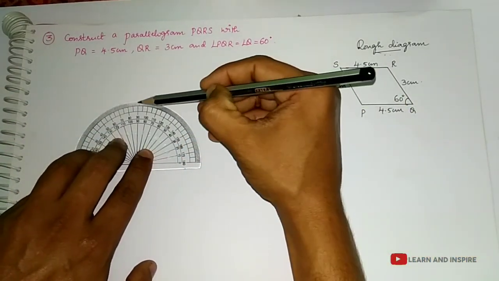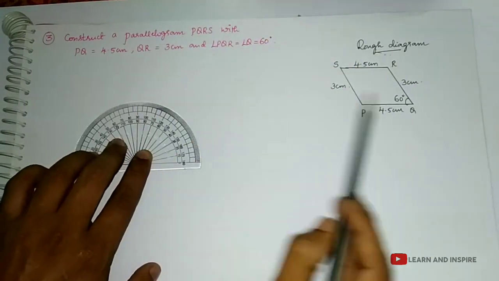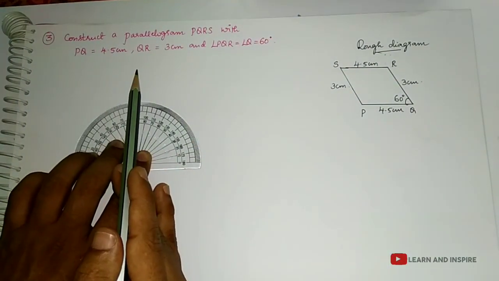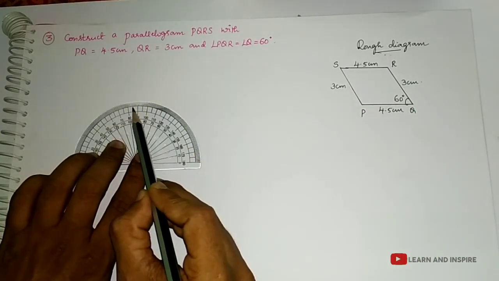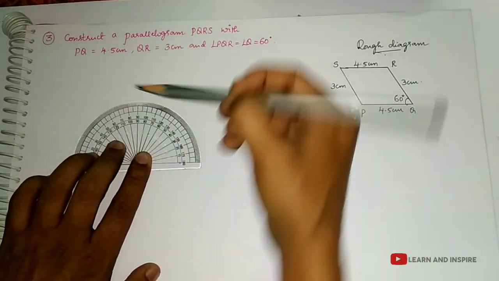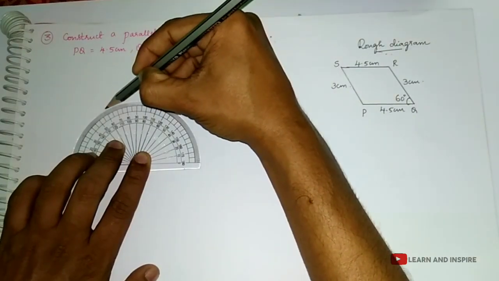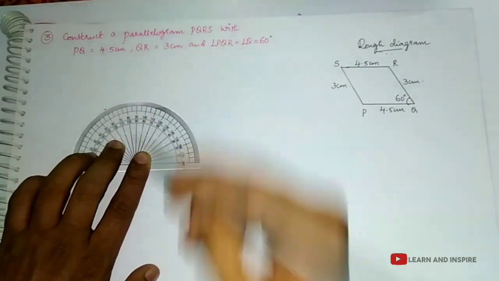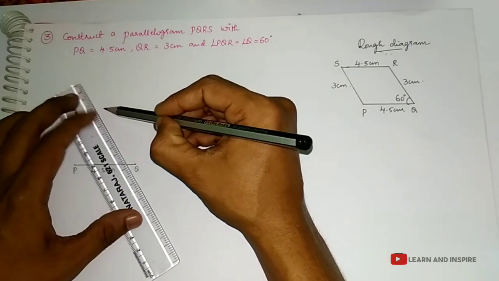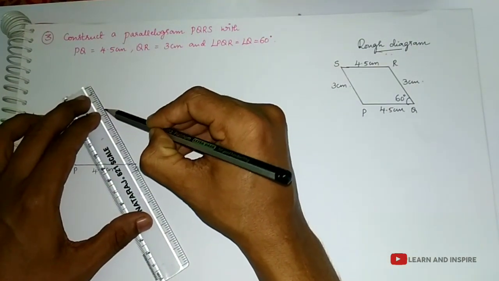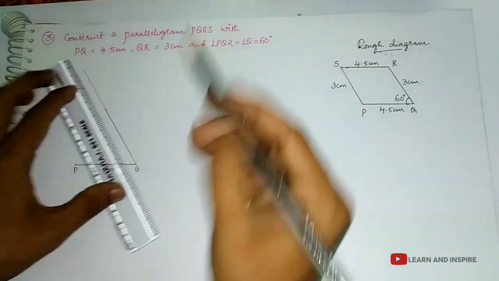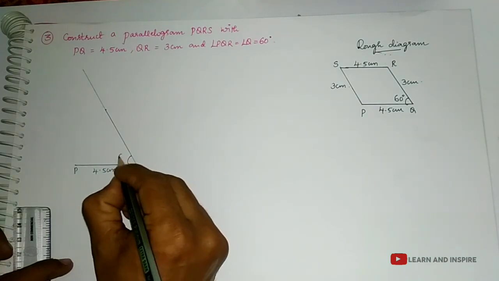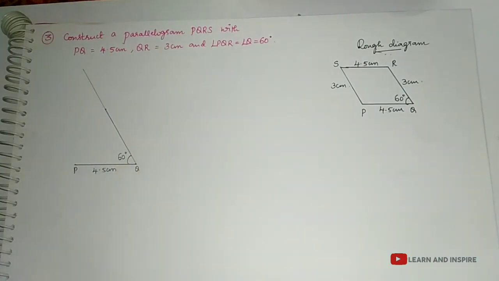60 degrees. So here is a 90 degrees straight line. Now, does 60 degrees come towards the left side or right side? 60 degrees is less than 90, and less than 90 comes towards the left side. So don't forget, we have to represent it on the left side. Okay, so this is 60 degrees. Now we can draw a ray.